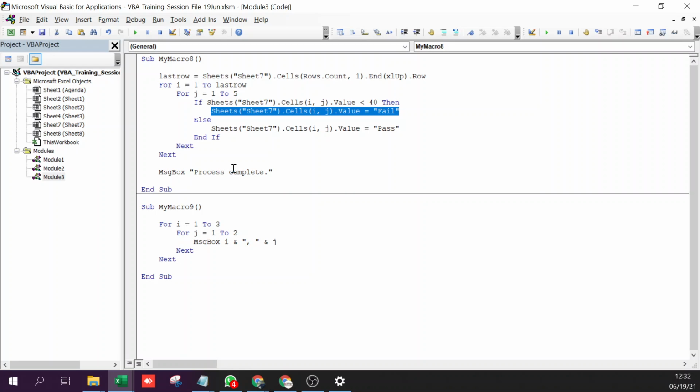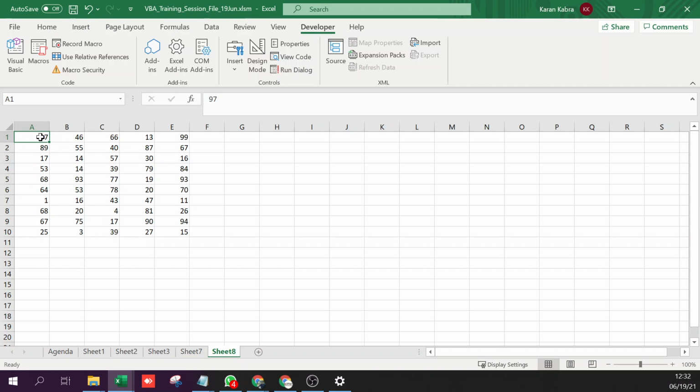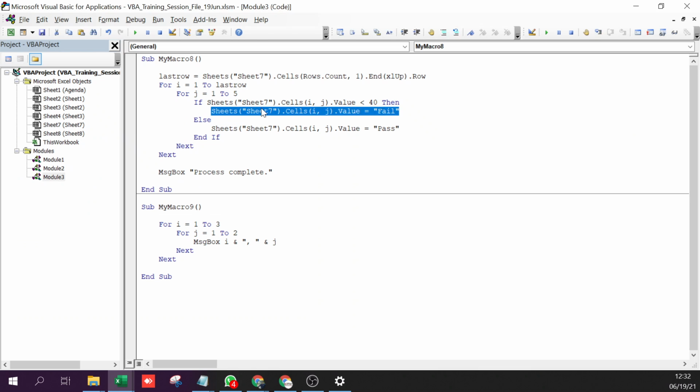No, I mean, since we are now checking in this entire range, we cannot write fail pass values here anywhere, right? Obviously, otherwise you'll have to write them somewhere here, which doesn't make sense anyways. So the objective is to color these cells, right? So instead of writing this, I want the cells to be colored. Now how will you do that?